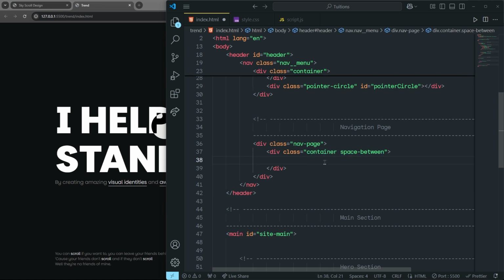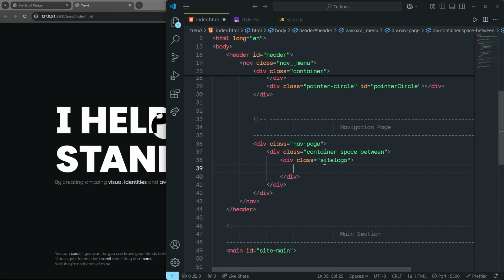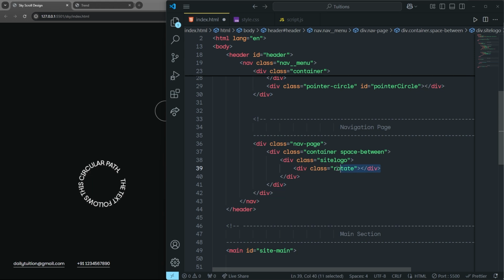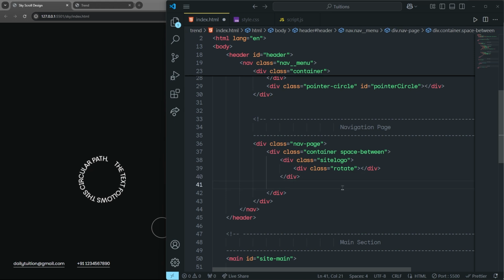Now, just out of that, here we create a div with the class site logo. That's up to you. You can specify any name to this class. And inside this, we have a rotate class. Now, I'm going to put this rotate text inside this rotate div. We'll do that later, but just for now, just after this div, right down here, we create a UL tag with